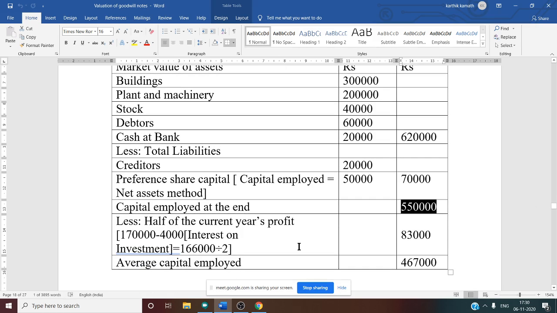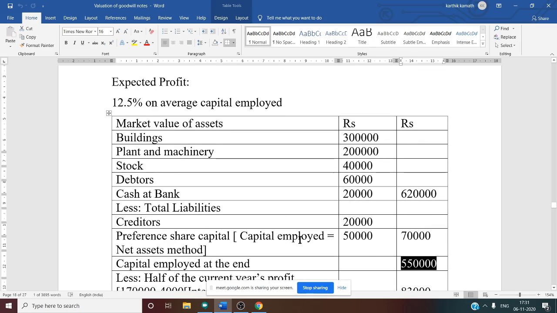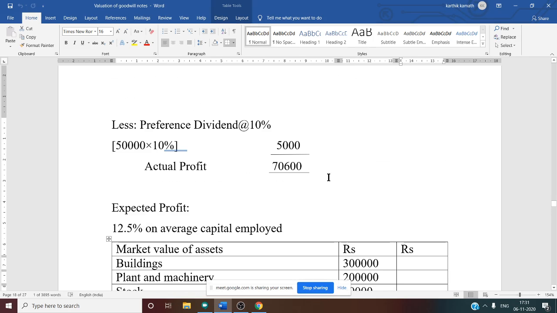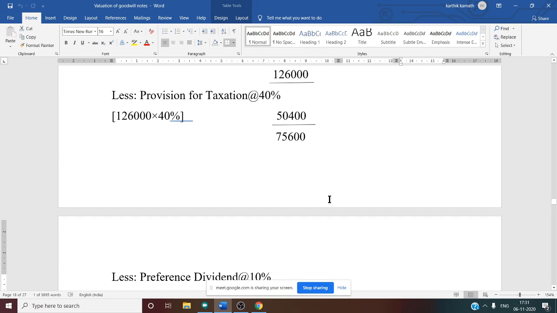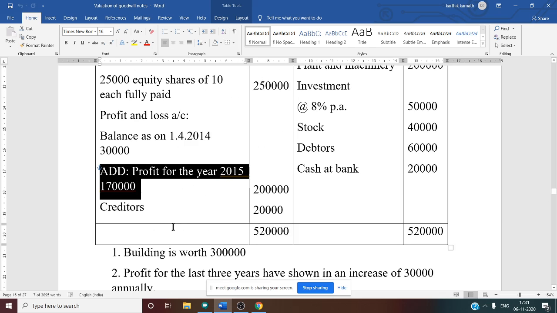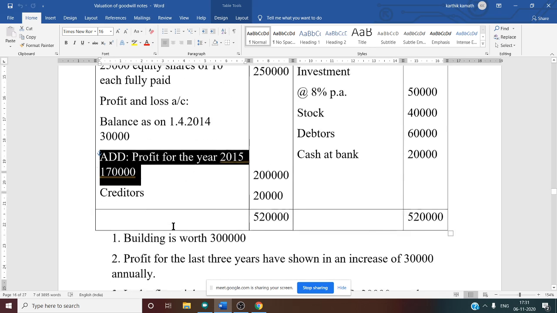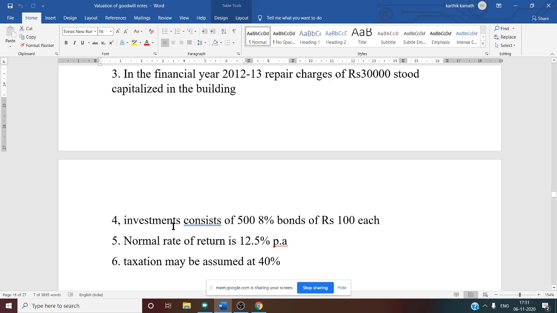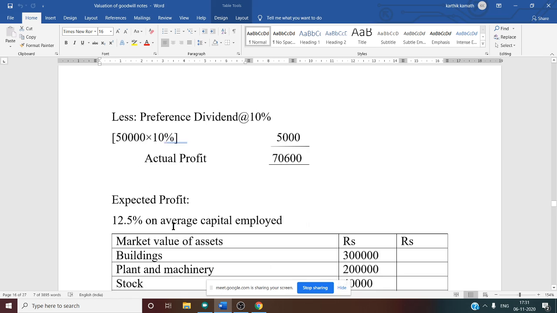But we want average capital employed, so less half of current year's profit. Now, you should not consider the actual profit. We know that current year's profit is already given in the balance sheet. So what is that profit? See this once again. Profit for the year is specifically given. That is 1,70,000. So take that 1,70,000 and from that you are going to deduct